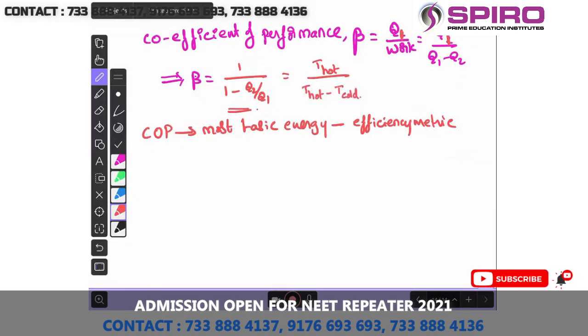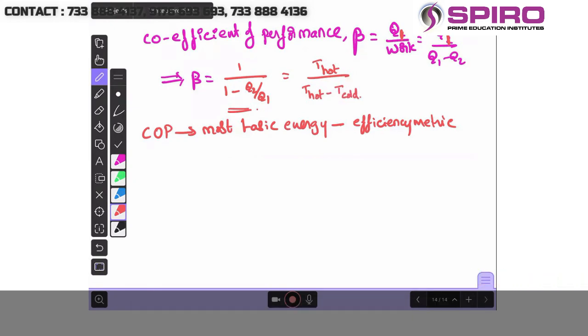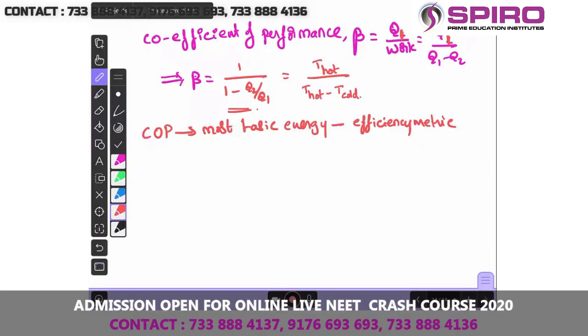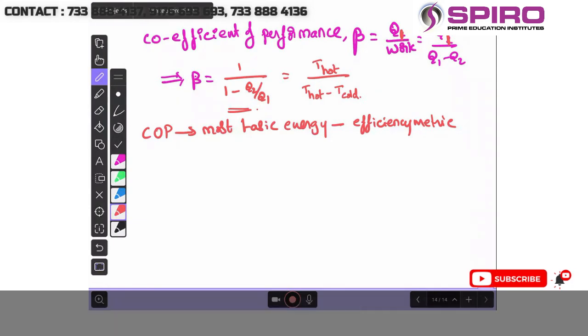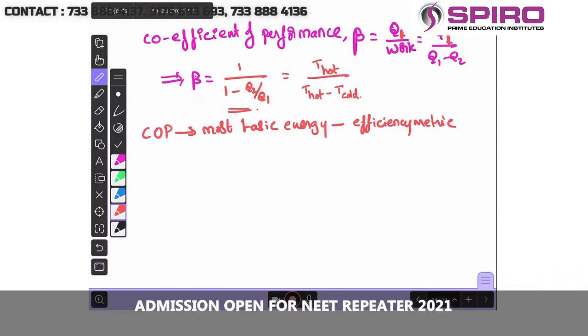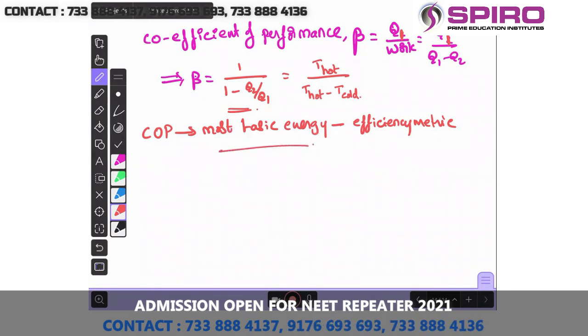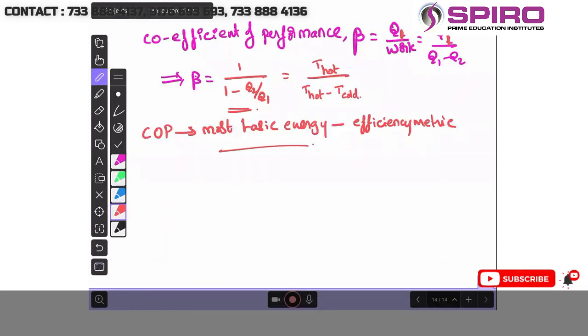T hot is nothing but T1. T hot is the cozy hot temperature we want to have during the cold winters. T cold is the cold temperature at which the heat pump starts to operate. The theoretical maximum coefficient of performance also can be calculated using this formula. So these are the main points we have to cover, and the points to be remembered.